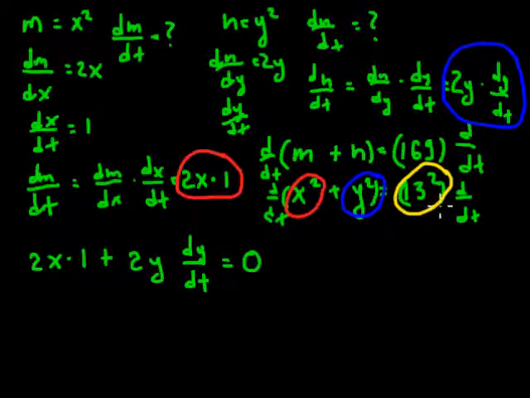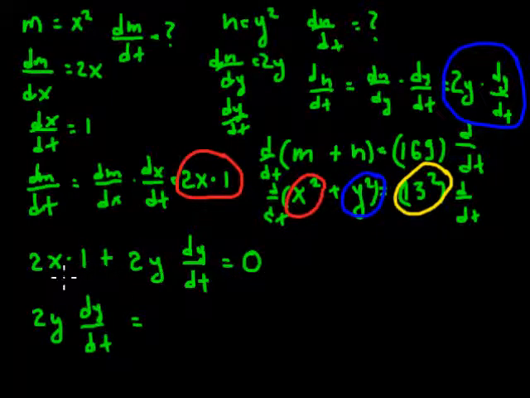This is a more detailed way of doing this, so you get a really good understanding in depth of what's going on, how you go from here to here. And now it's easy. All we need to do is find dy dt. So we leave this term on this side, 2y dy dt, and we move this term to this side, and 2x times 1 is just 2x. Move 2x to this side is minus 2x,